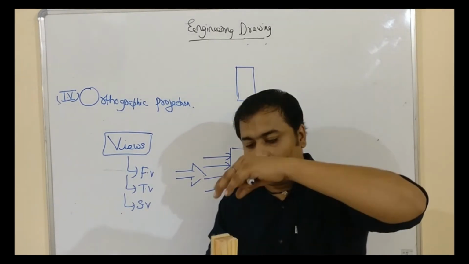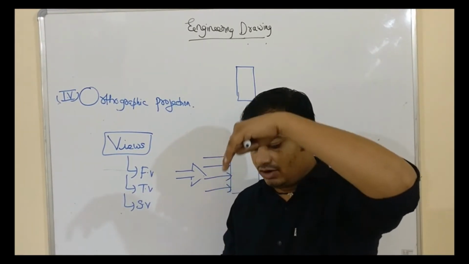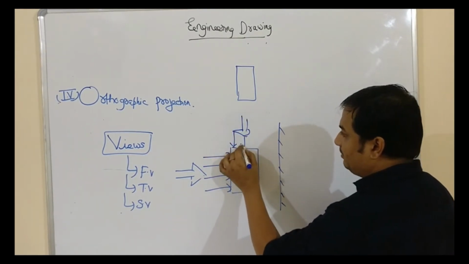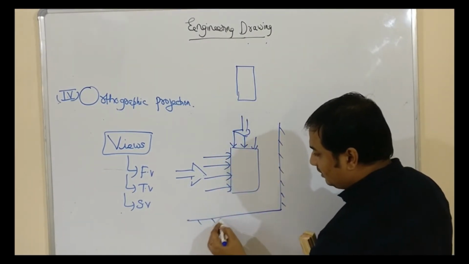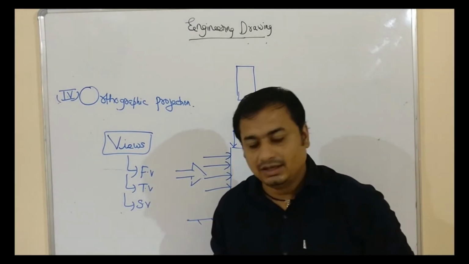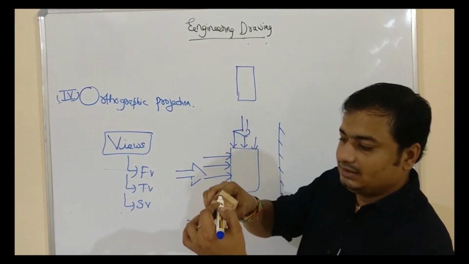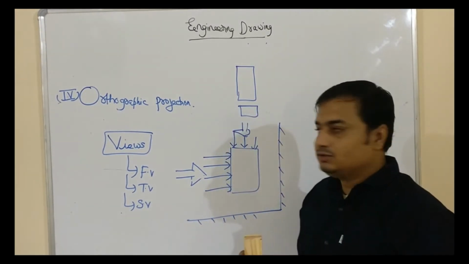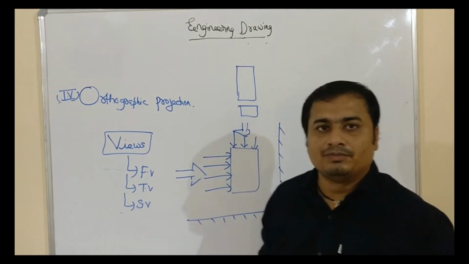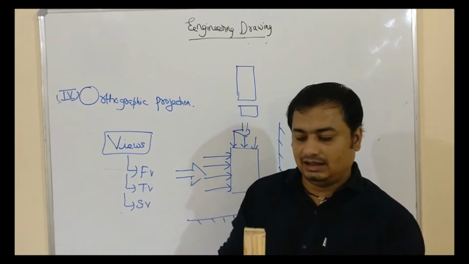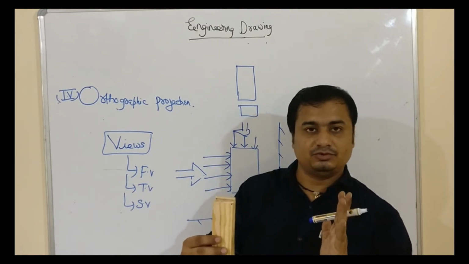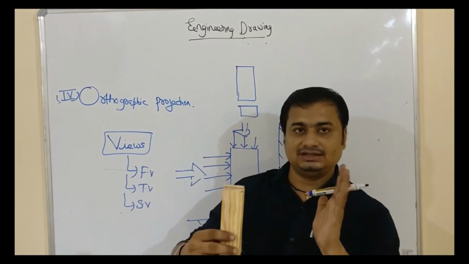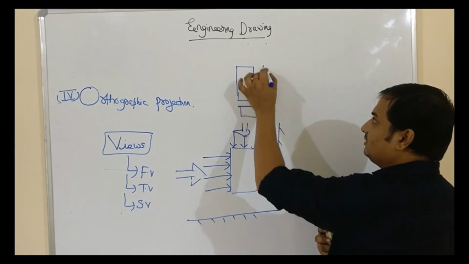If we go to the top and visualize again, the rays are falling perpendicular like this, and the blank sheet is at the bottom. So what will the image from the top be? The image will be a small square, something like this. This will be the top view because we have visualized from the top. Again, if we look from the side, with the screen at this position, the image we see on this screen will be the side view. Again it will be something like this.